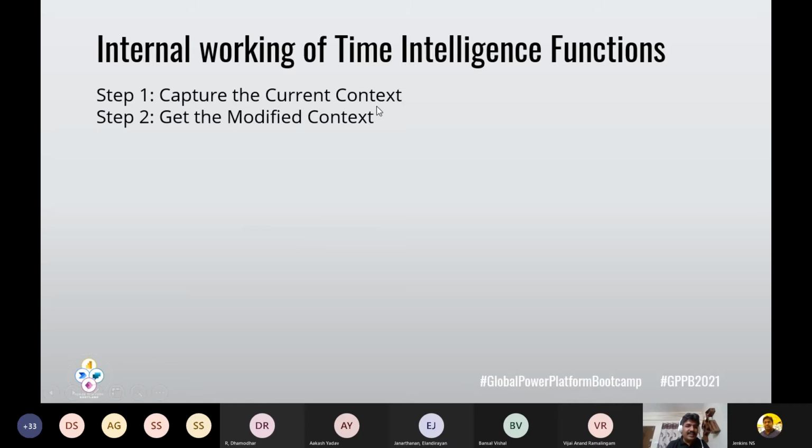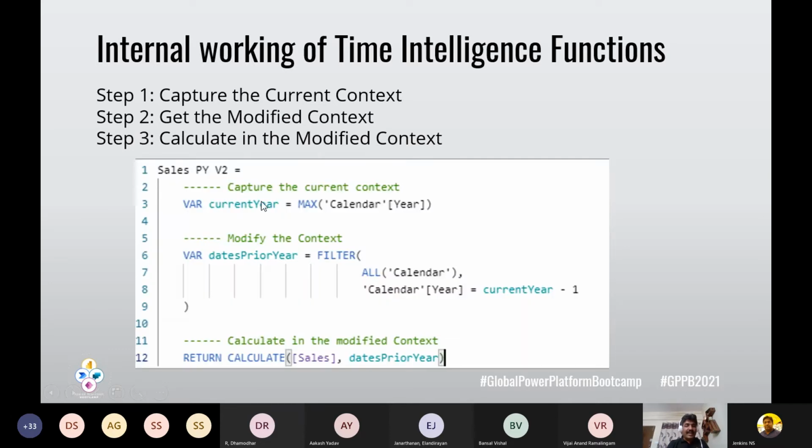So first capture the current context, then get the modified context out of the current context, and then finally calculate using the modified context.